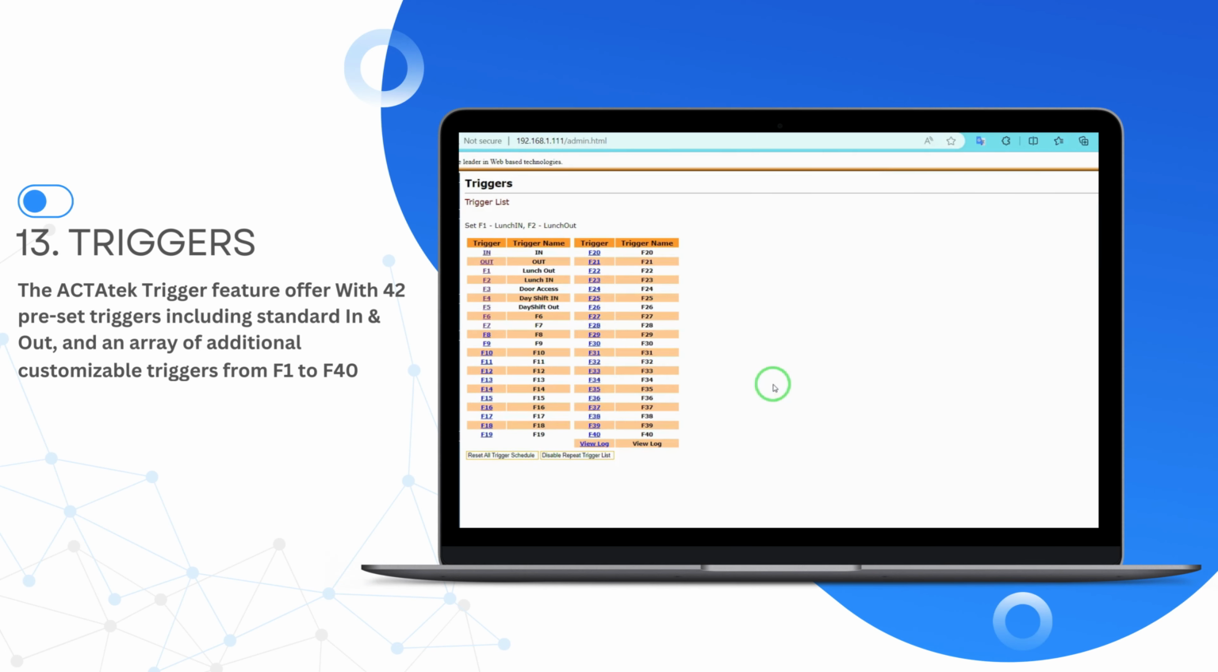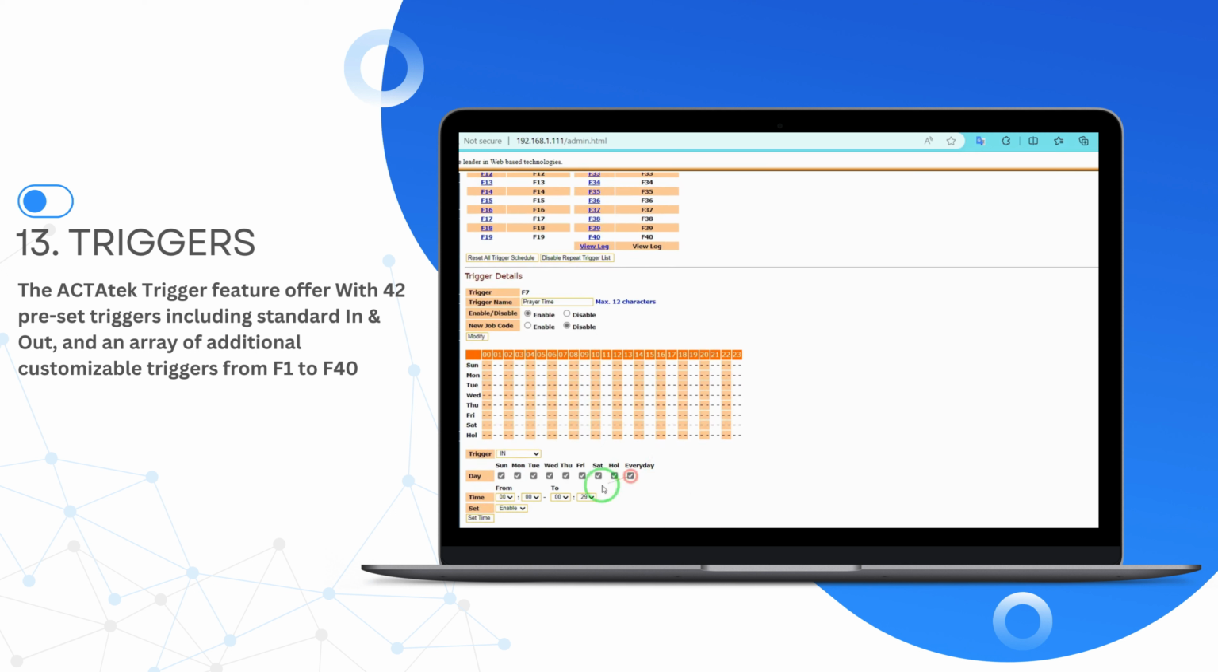Triggers. The ACTAtek Triggers feature offers a sophisticated mechanism to customize and manage various entry and exit events for enhanced security and operational efficiency. With 42 preset triggers including standard in and out, and an array of additional customizable triggers from F1 to F40. Each trigger is configurable down to the minutiae, allowing settings for specific days and times, reflecting